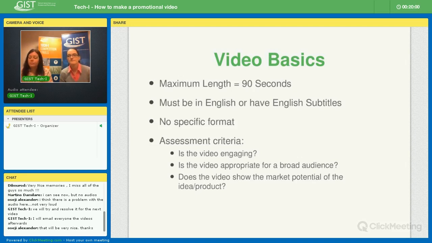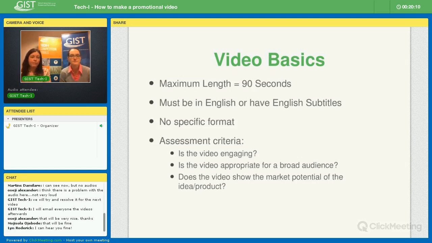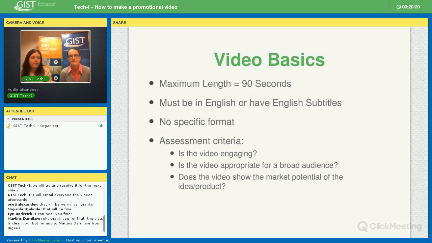We want to see more. If Behalu had just shown us the grass and wasn't talking about what his company is, what he wants to do, what the market potential is, and can people from basically anywhere understand what your concept is, that's really how you're going to make a successful video.